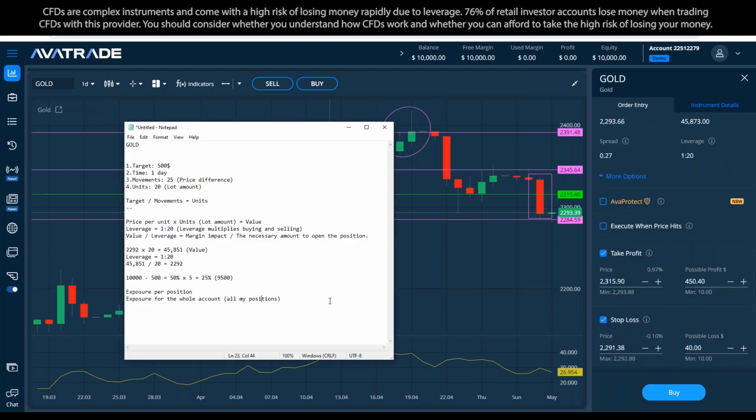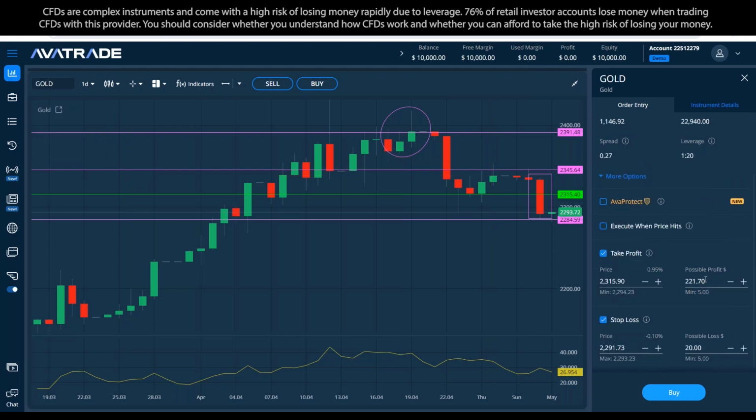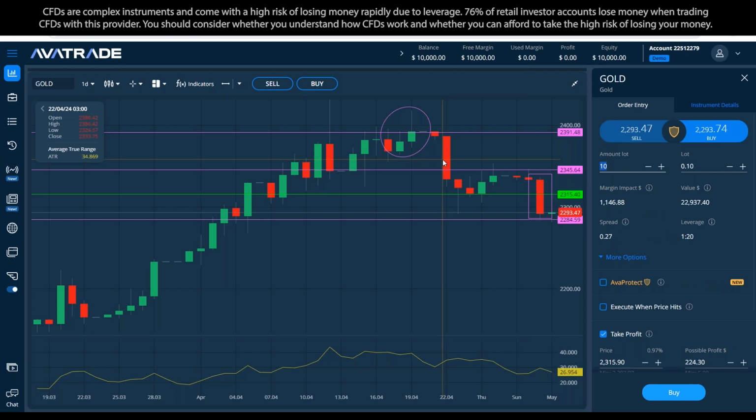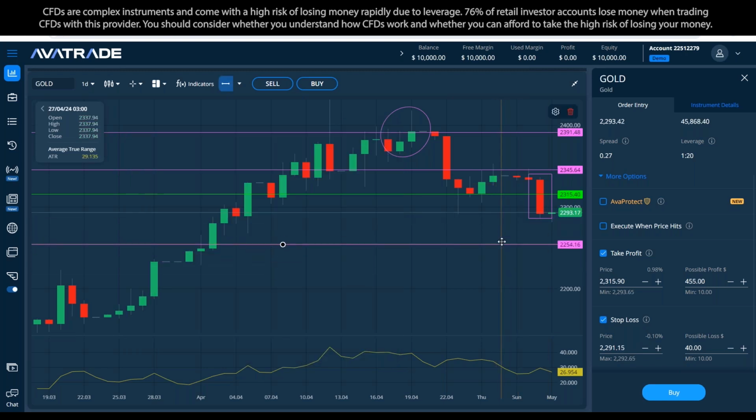Okay, no problem. So how do I change it from 5% to 2.5? I can do one of two things. A, I can lower the lot size, and then obviously my profit will be lower as well. And we don't want that. So what I can do is simply get the stop loss closer, which was supposed to be originally,